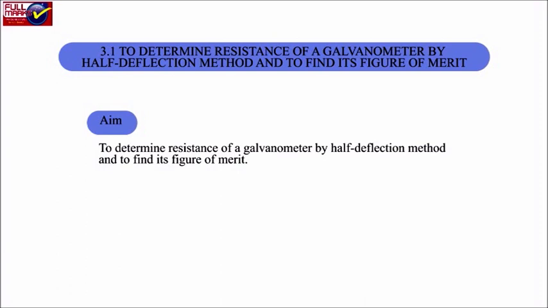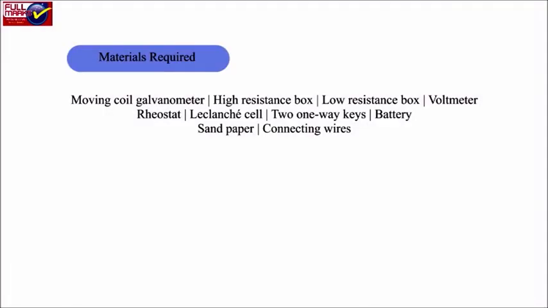3.1. To determine resistance of a galvanometer by half deflection method and to find its figure of merit. Aim: to determine resistance of a galvanometer by half deflection method and to find its figure of merit. Materials required: moving coil galvanometer, high resistance box, low resistance box, voltmeter, rheostat, Leclanche cell, 2 one-way keys, battery, sandpaper